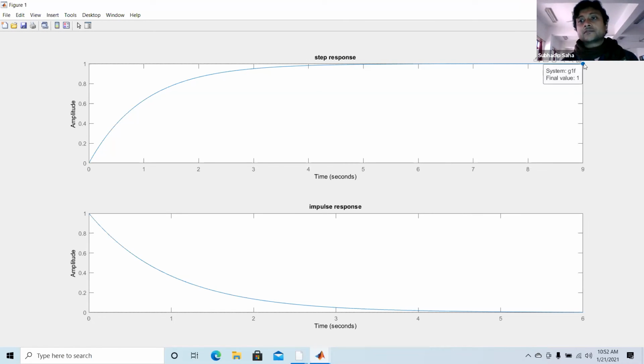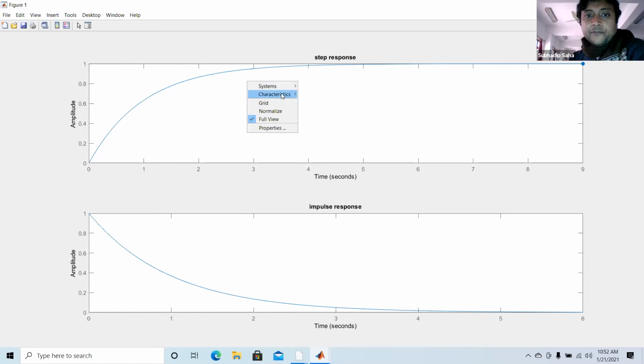Initially, in the last case, it was 1 by s plus 2. So 1 by s plus 2 into 1 by s, after splitting, gives 0.5 into 1 minus e to the power minus 2t. But here the overall is 1 by s plus 1. Keep in mind 1 by s plus 1 into 1 by s. So it is 1 by s minus 1 by s plus 1, and ultimately 1 into 1 minus e to the power minus t. So the peak value is 1. That is the steady state value.